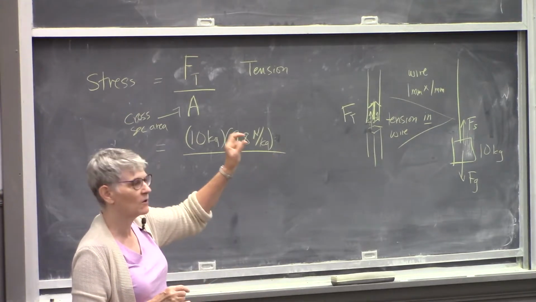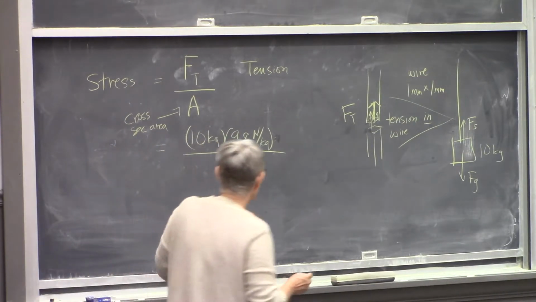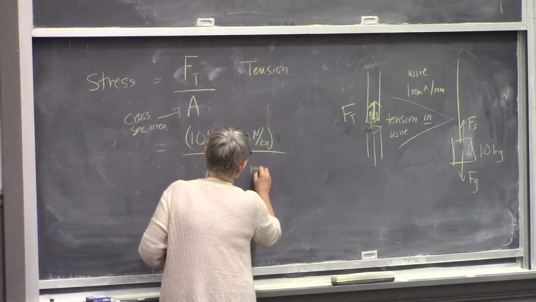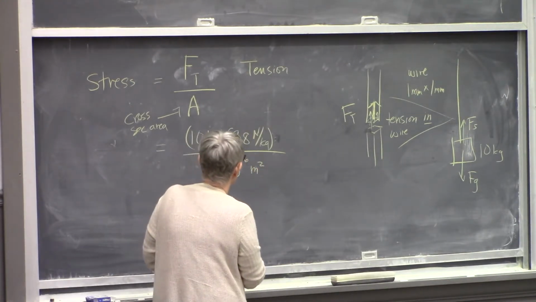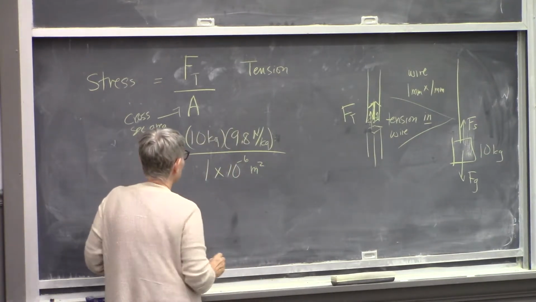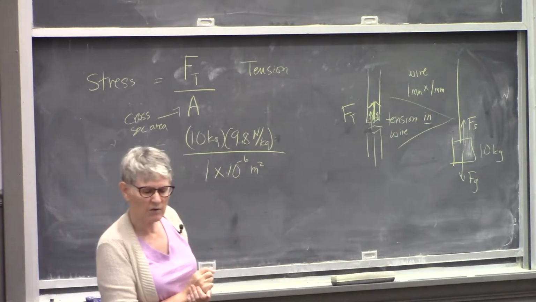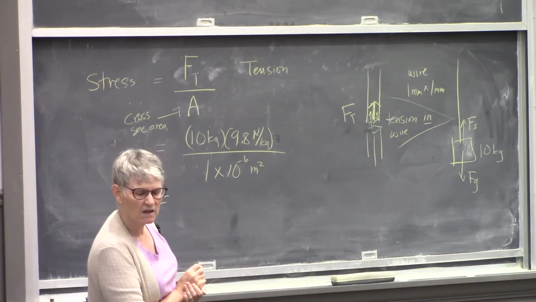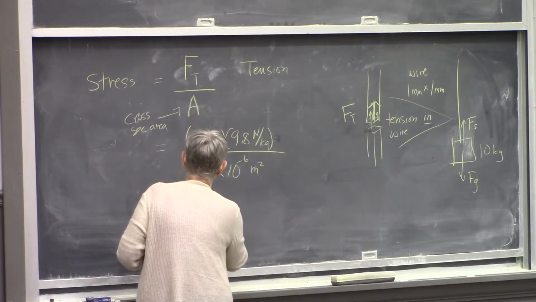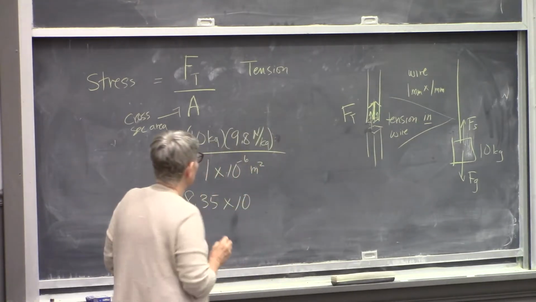Well, it was a millimeter by a millimeter, so 1 times 10 to the minus 6 square meters. And that comes out to something a little bit less than 9.8. It's 8.35